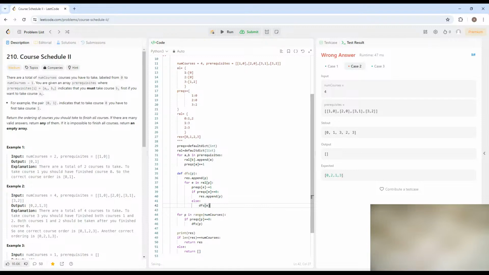Otherwise, I will call DFS. But I cannot append it by default if prerequisites are not 0. So